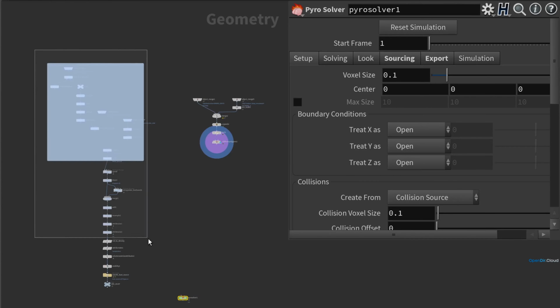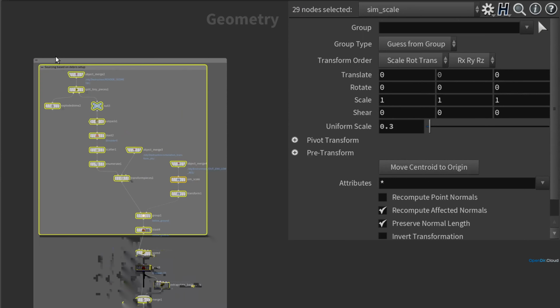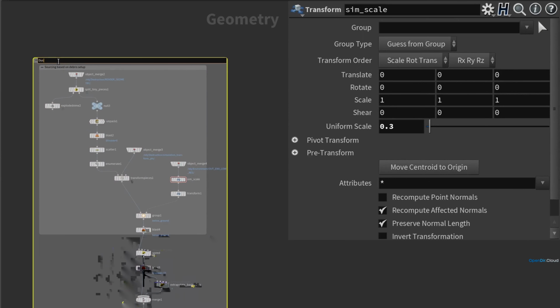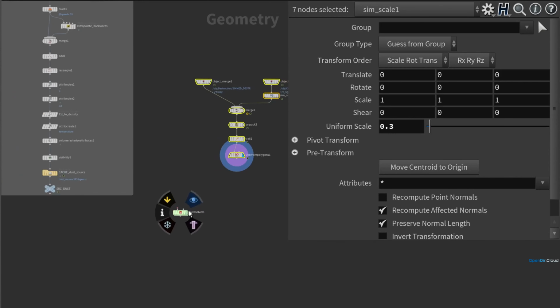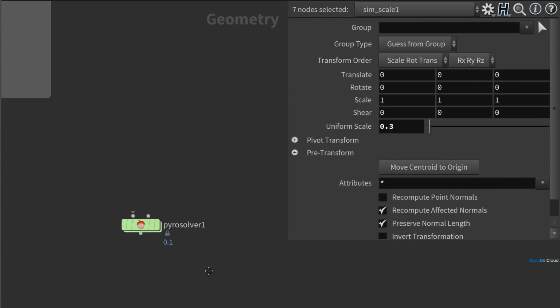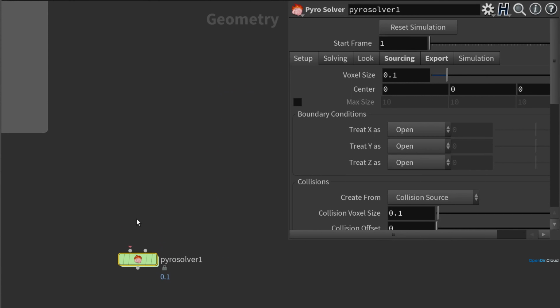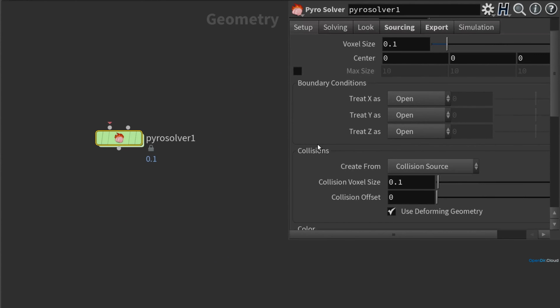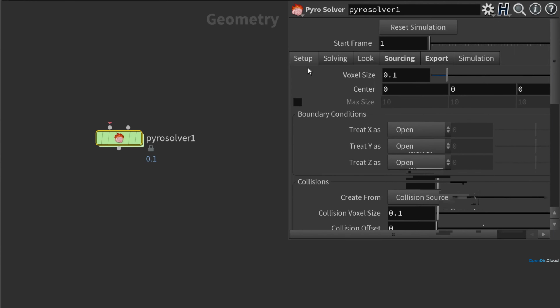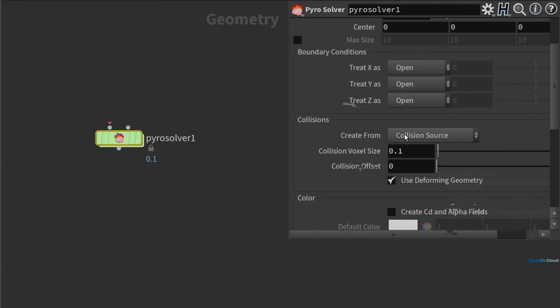And just to keep things nice and clean, I'll drop a net box around our dust source here. Rename that accordingly. Bring our colliders down here, and we're not going to connect everything up to the Pyro Solver just yet, but if you select this Pyro Solver, and then scroll down to the collision section under the setup tab here, I pointed this out in the shockwave setup, but this can either create a collision source from the